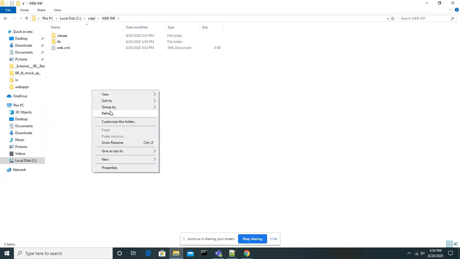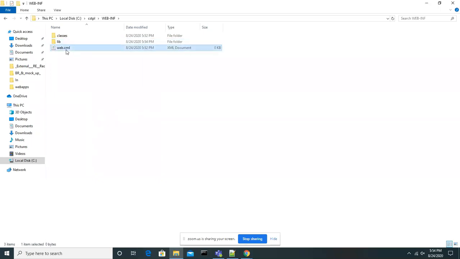Okay, classes folder and lib folder, web.xml file. Under the lib folder, we will keep all dependent libraries. Maybe we will develop many programs that might be using different third-party libraries. A library is nothing but a list of classes that we keep together in a jar file. Those jar files you can keep in this lib folder. So overall, if you look at that project, under the WEB-INF folder there is the classes folder, lib folder, and web.xml.